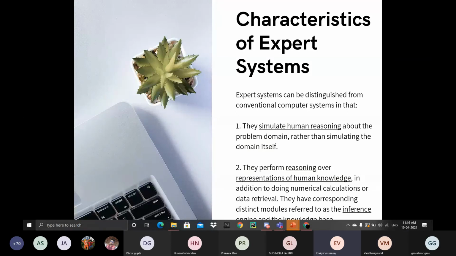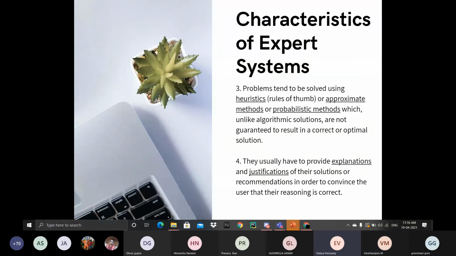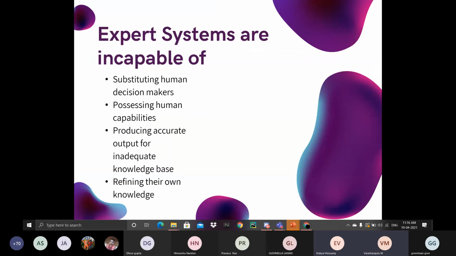They can also perform reasoning over the representation of human knowledge in addition to doing numerical calculations or data retrieval. They can perform various activities like predicting the weather and diagnosing malfunctions in equipment, faults or human diseases.